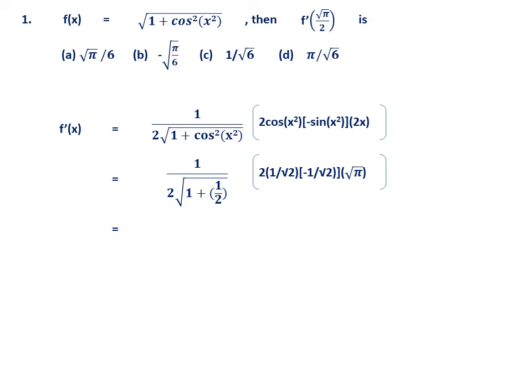So this is a simplification, which you have to do carefully. The next simplification: minus 1 by 2 root pi into 2 root 3 square root. Therefore, when you simplify this, you get square root of 1 by 6 actually, that is 1 by 2 you have to take inside the square root. The final simplification is this, because root 5 and root of 1 by 6 both you can combine together. So the final answer is option B. So here two things you have to remember. One is simplification with this type of square root etc. Second one is how to use the chain rule. So these are the two things.